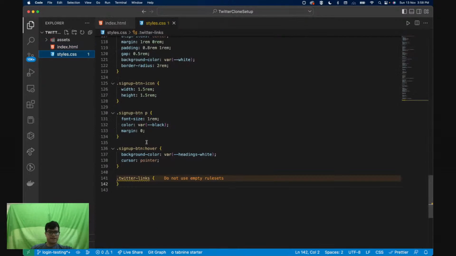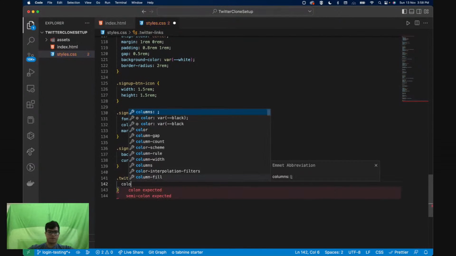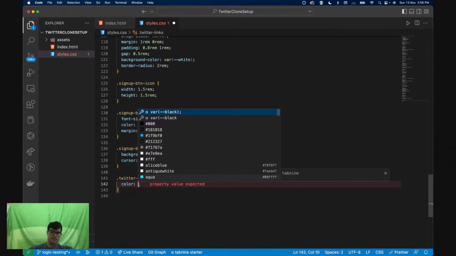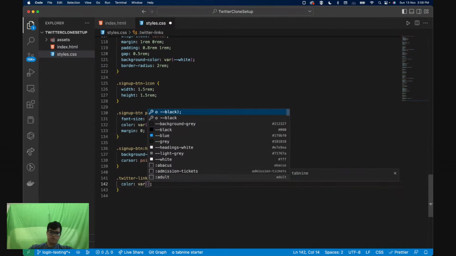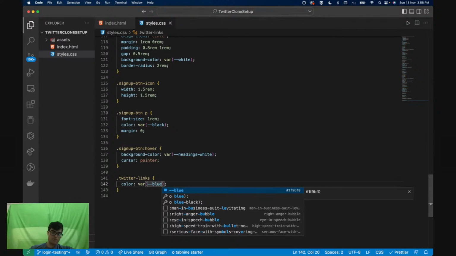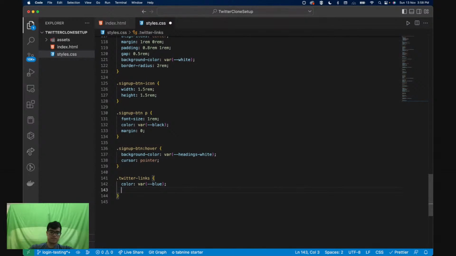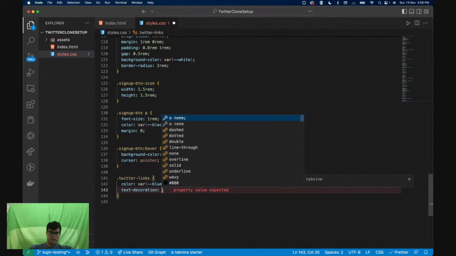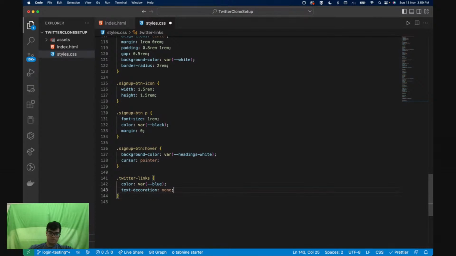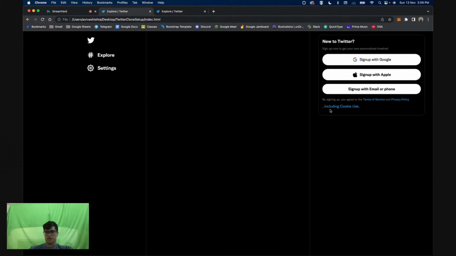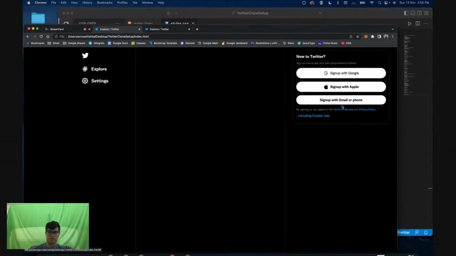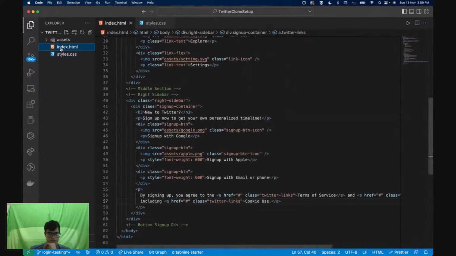Right, and yeah, over here I'm going to make the color blue, which is our Twitter blue, obviously, and I'm going to say text decoration none. I'll make this important, or I won't. Let's see how that looks now. This is how this looks. For some reason, there's a